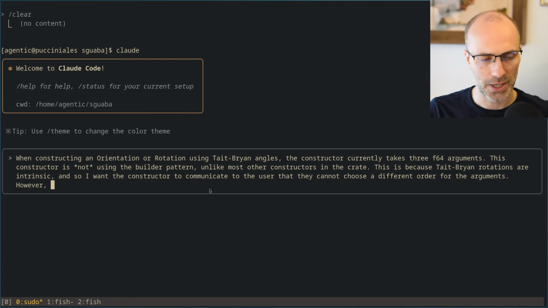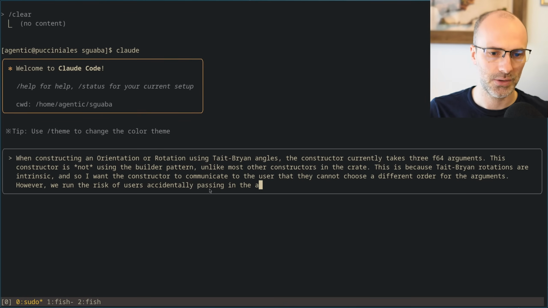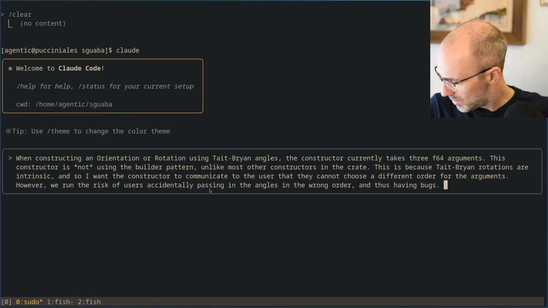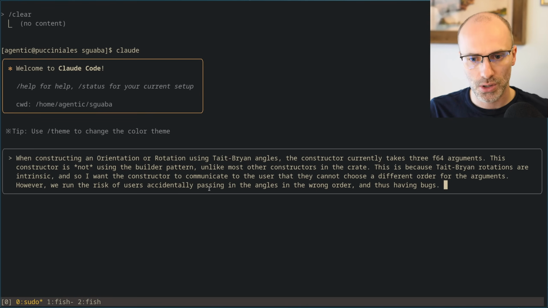However, we run the risk of users accidentally passing in the wrong angles, or passing in the angles in the wrong order, and thus having bugs. Oh, let's switch to plan mode, I guess.